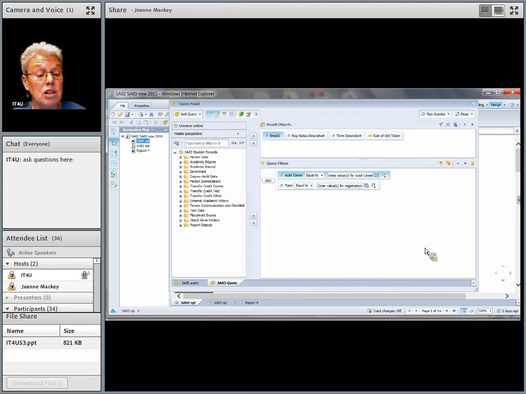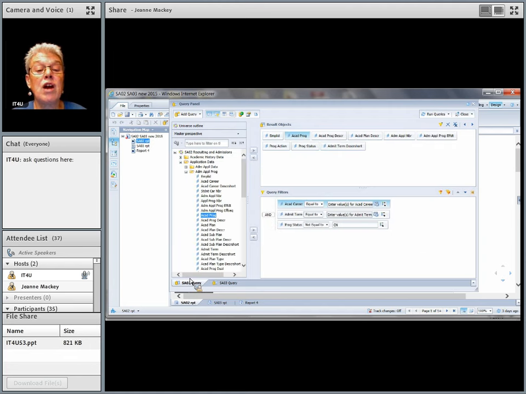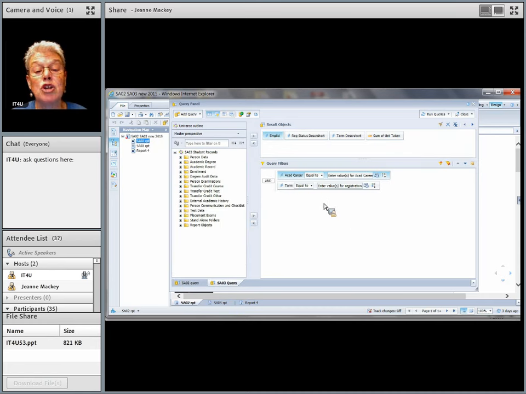So that's the basics. Really all you have to know is there has to be at least one object that's common to both queries, because that's how I'm going to connect them. In this case it's EMPL ID. I've got some others too, like academic career. And term means different things. Over here in SAO2 the term is when they were admitted, and over here it's the term they were registered. Alright, so I'm going to get out of that.